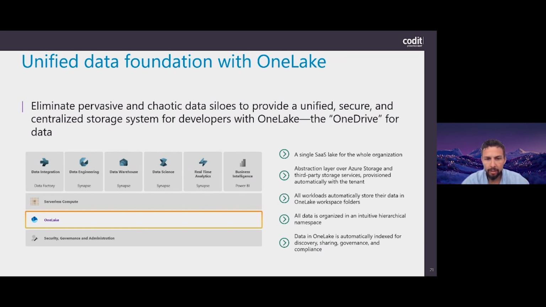And it's all organized in a hierarchical namespace, meaning that it's also optimized for querying. So you can very easily find out where the data is located and how to use it effectively in your data engineering or data science experience.